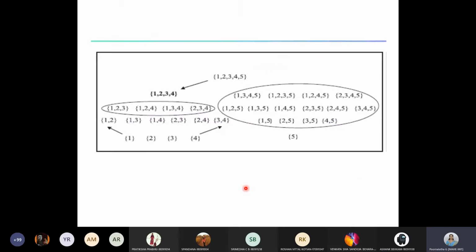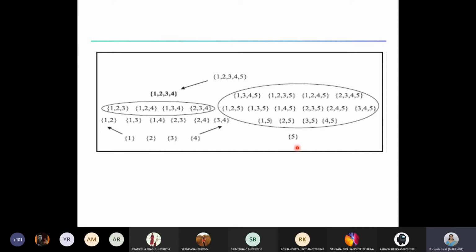That's the reason pincer search, what they thought is, why not apply bottom up and top down simultaneously. So how can we do this? Again, it's the same example. Bottom up is again the same as Apriori. We count the support of each of these individual items. At the same time, we also count the support of this item set. That's how it becomes bidirectional. First, we have all the individual items from the bottom up. For the top down, to begin with, we have all the items as one item set. So when we count the support of this item, we also count the support of this one.